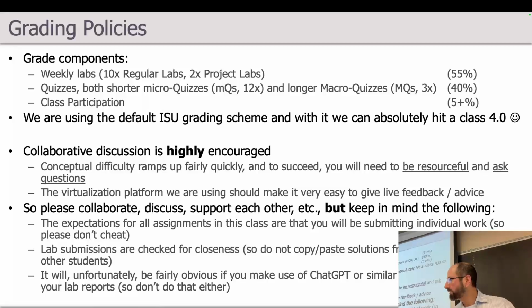I like collaboration. I really appreciate discussion. Yeah, sure, question before we can. For the labs, is part of your documentation